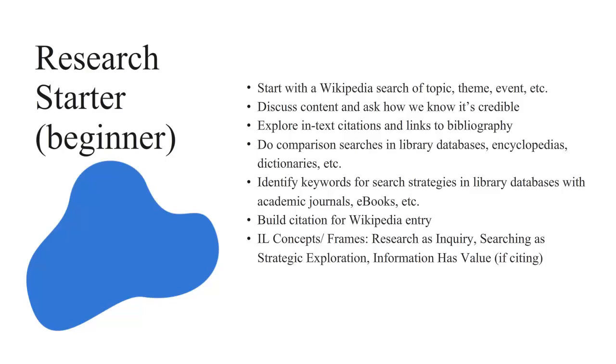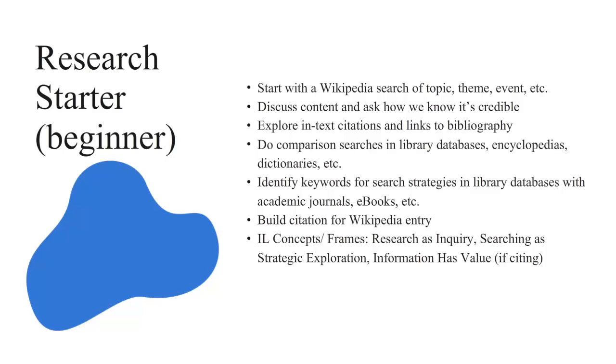This Research Starter activity is perhaps the most familiar to you and your learners because it's similar to how you use Wikipedia in your daily lives for basic information needs. Searching for a Wikipedia entry relevant to your course subject area can be as simple as starting at Wikipedia and searching for a key concept in your class or a significant person or event. Survey the entry with your students, or ask your students to survey the entry for you. What is a Wikipedia entry? How is it organized? What do the linked text sections mean?